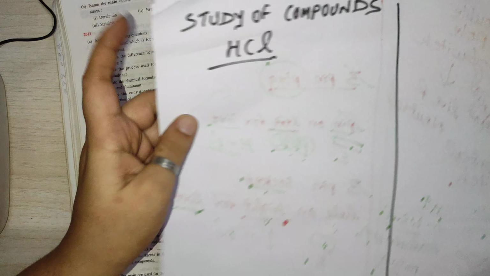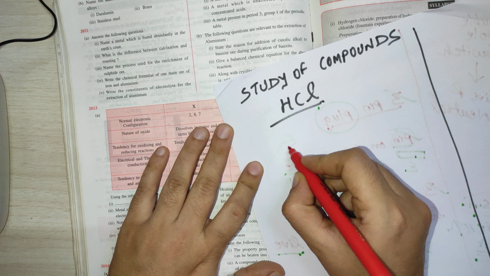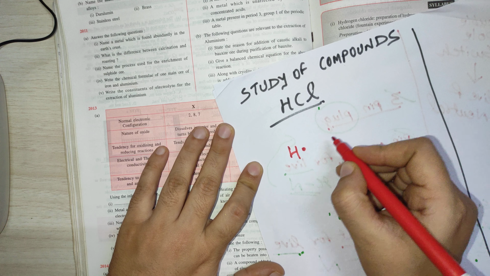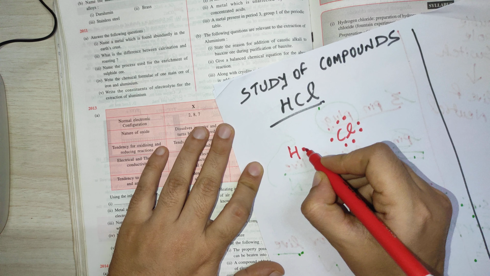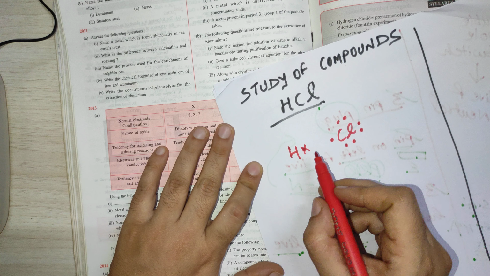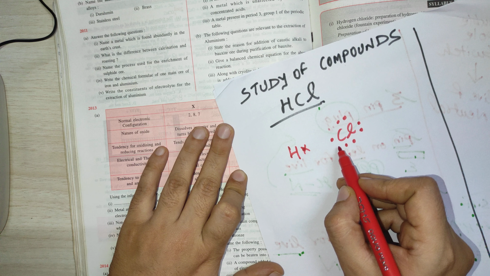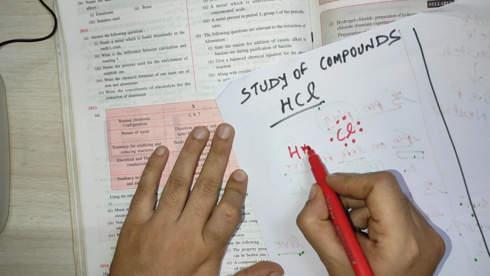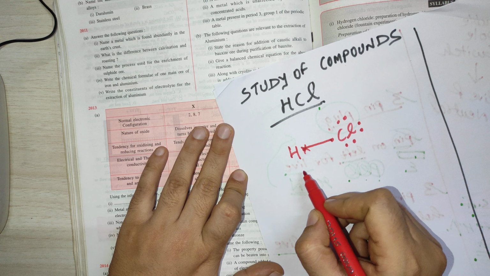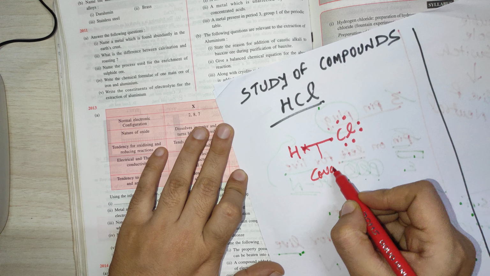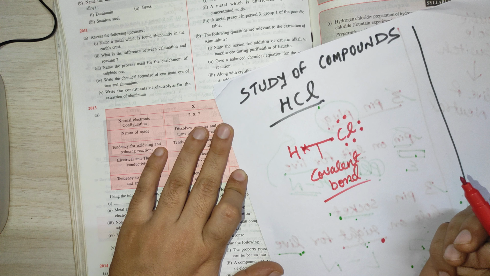So hydrogen chloride, for its preparation, in chapter 2 covalent bonding, you have studied that H is having 1 valence electron and chlorine is having 7 valence electrons. I am showing this by a cross. Now hydrogen needs to complete its duplet and chlorine needs to complete its octet. What these both atoms will do, they will form a bond by sharing of electrons. So this bond so formed by the sharing of electrons is known as covalent bond.